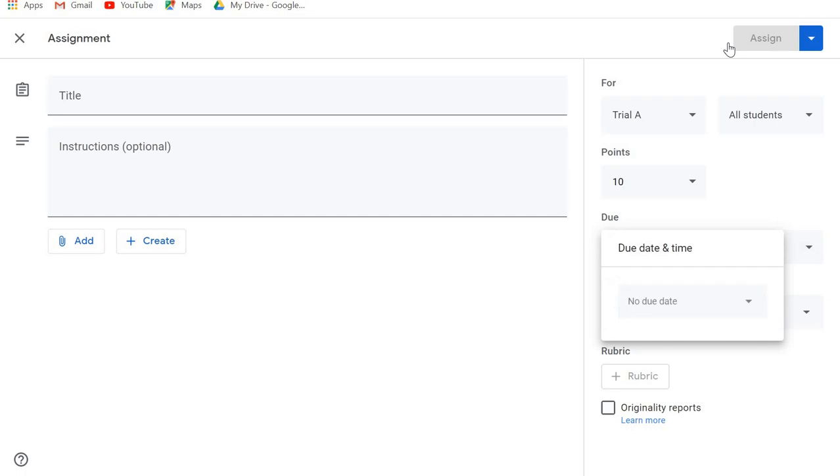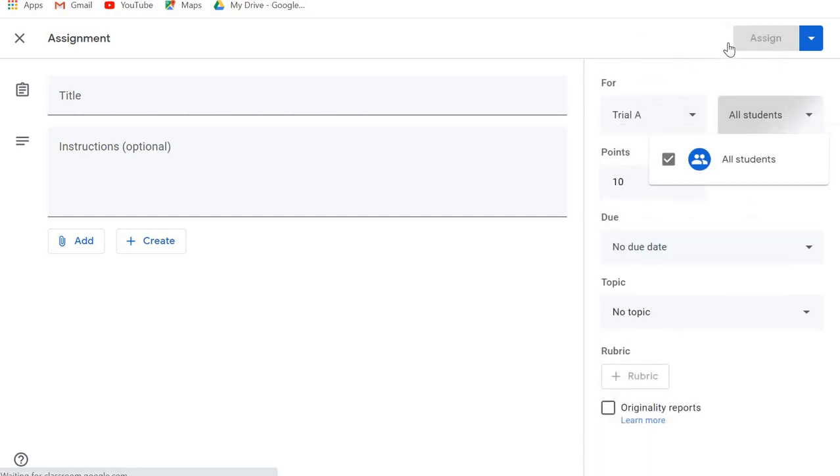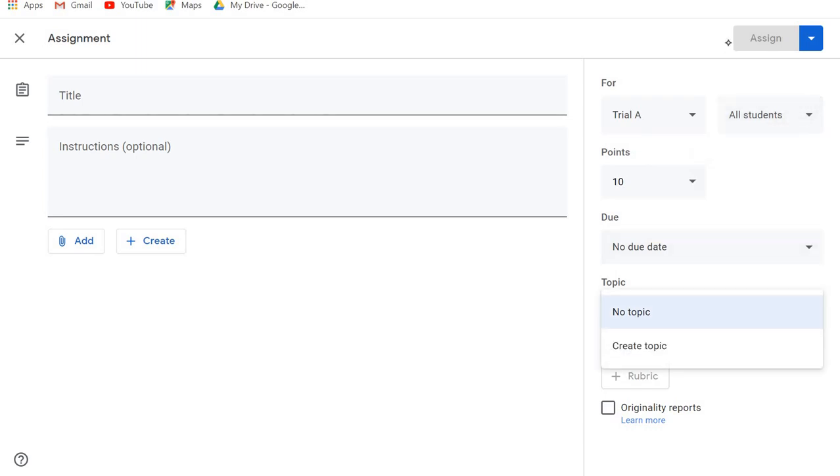I can give a due date. So what will happen is that if someone submits the assignment after the due date, I'll be able to see that okay, it is submitted late. Then once again, if there are multiple sections, right, so what I can do is there also I can take a call that okay, for a specific batch I can submit one assignment, for a specific batch I can submit another one.